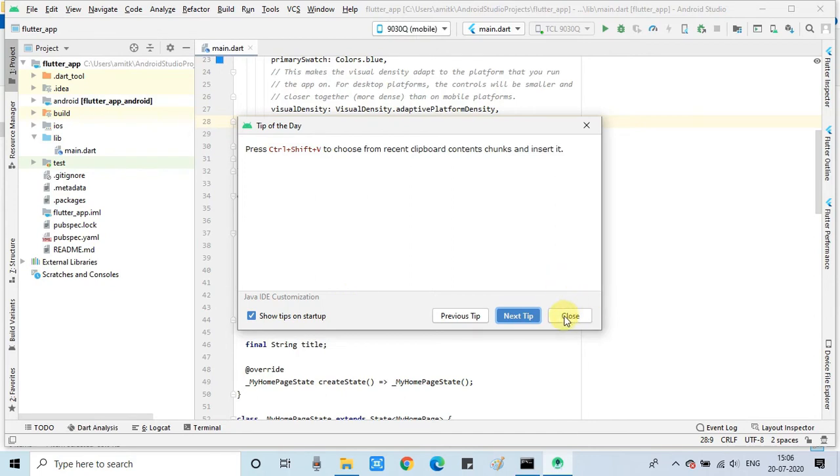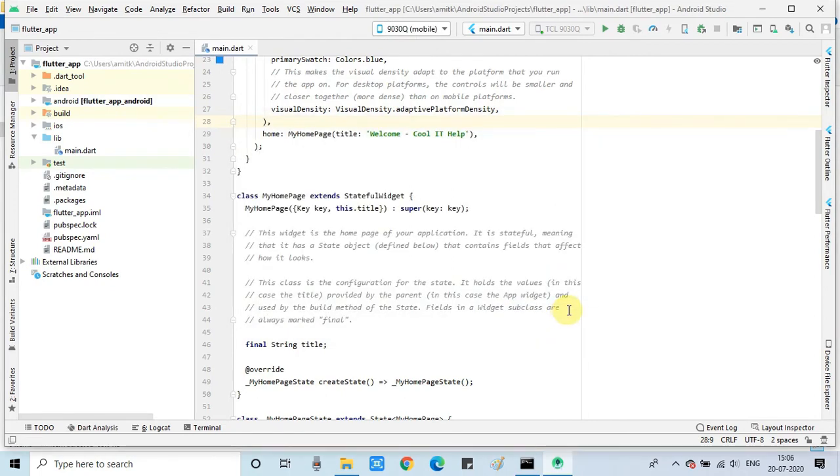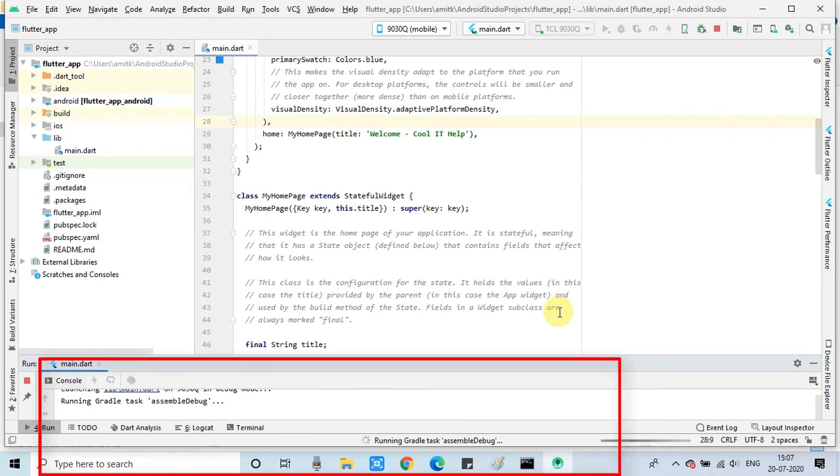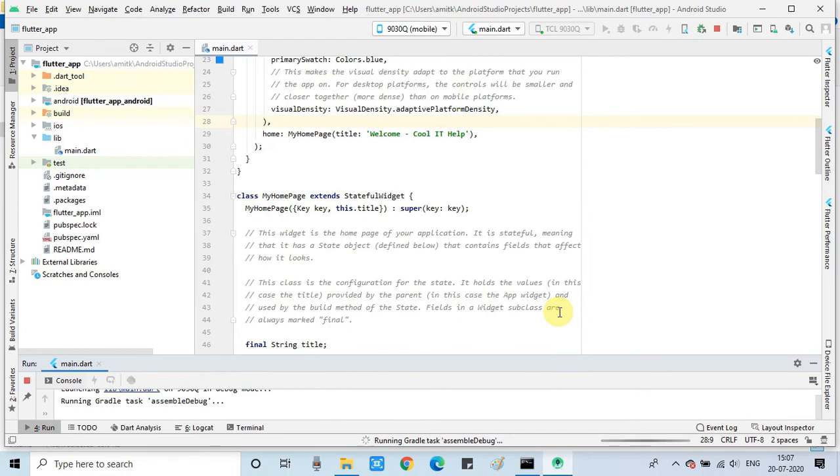Click on this run button and make sure your device is connected. And keep watching the console, whatever the message is coming on this console. This will tell you that your build is preparing and going to deploy in your device and ready to run.